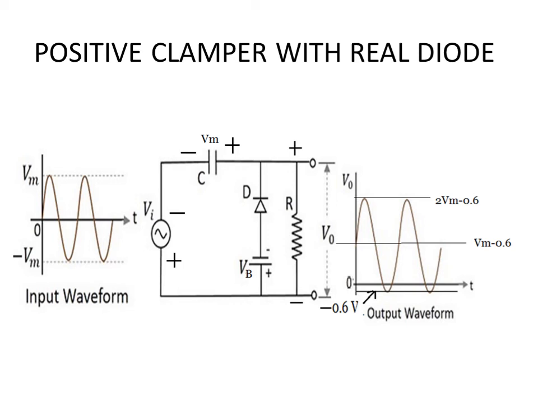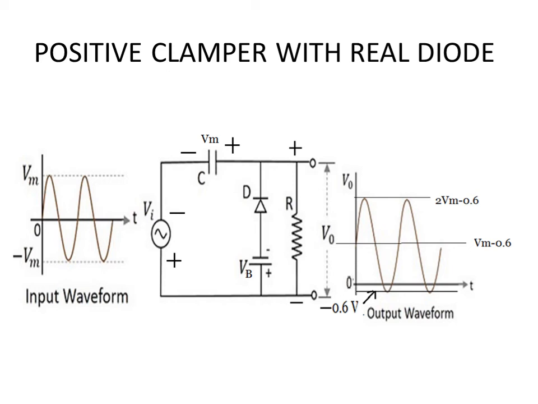But the way in which you have to draw the plates is exactly the way in which you have drawn the p region and n region. So this is the equivalent circuit. A potential barrier of VB will be dissipated across the diode. So that is the situation. Now when the diode is forward biased, it will send a current in the counterclockwise direction, and that will make the right plate of the capacitor positive, and after complete charging, it will acquire a potential equal to Vm. Now we will examine how our output is going to be, and we will start with the negative Vm.